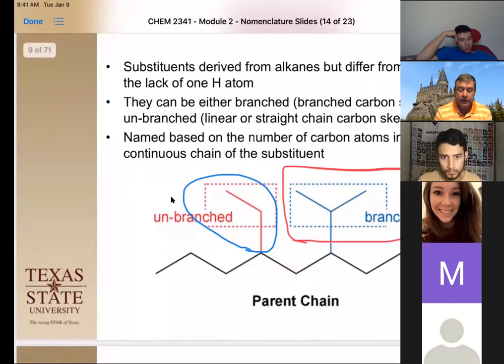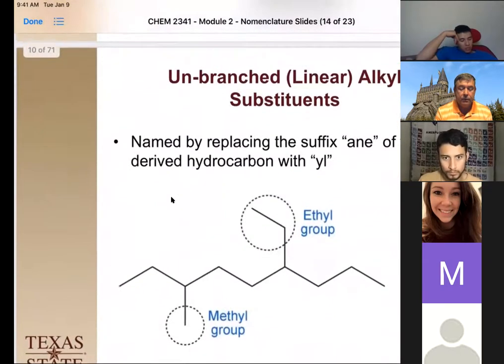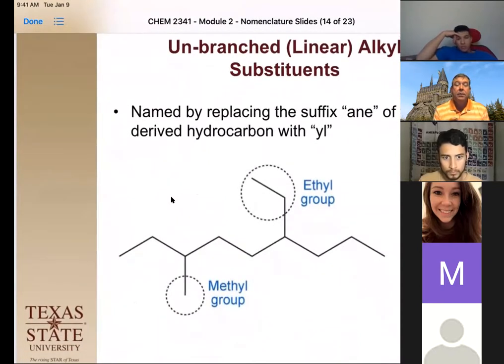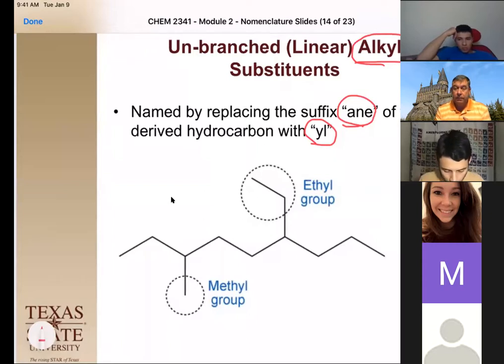Okay, so let's look at some of those different groups. If they're simple little chains, then we only have to name it for the number of carbons in that chain. But instead of having the A and E at the end, we put the YL on it so that we note that it is a substituent, okay? And look at the name up here, alkyl, okay? Which means it can be any hydrocarbon, but because it's not the parent chain, we have to do the YL, and it becomes an alkyl substituent. And so we want to add that name.